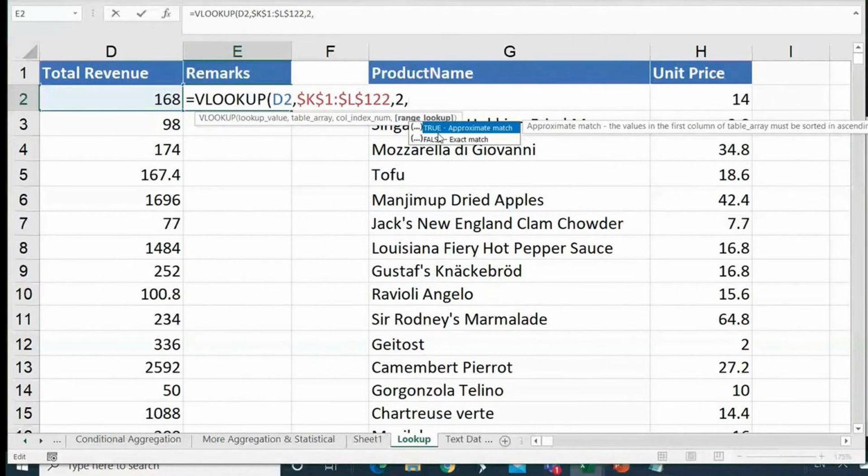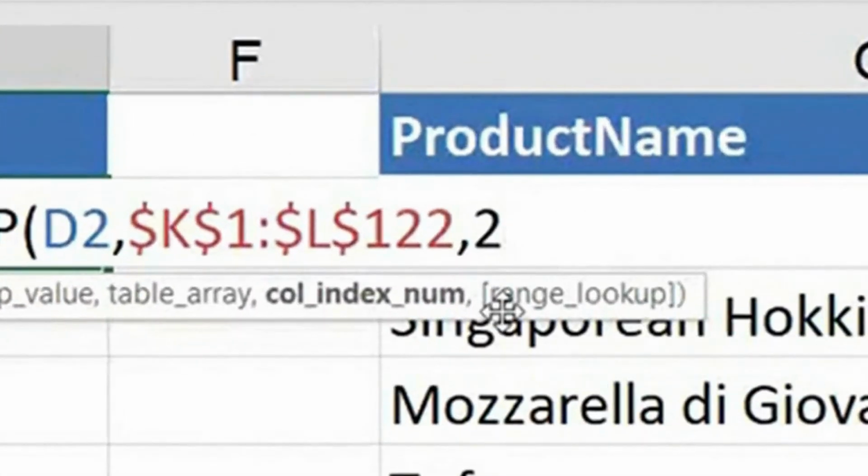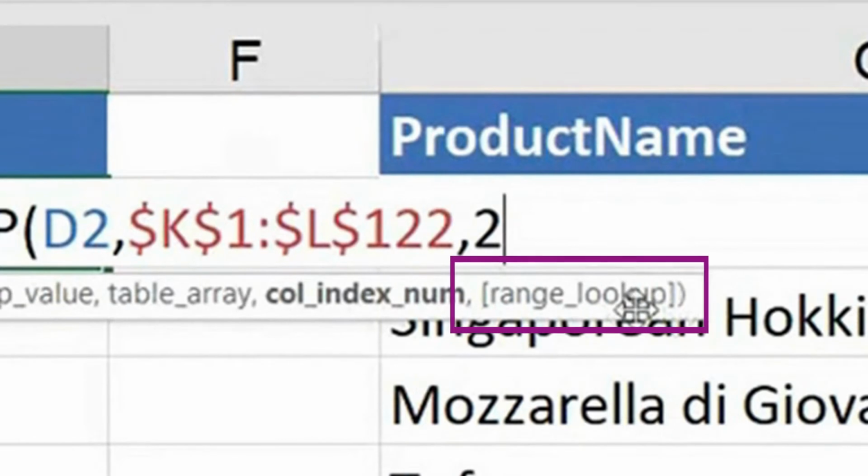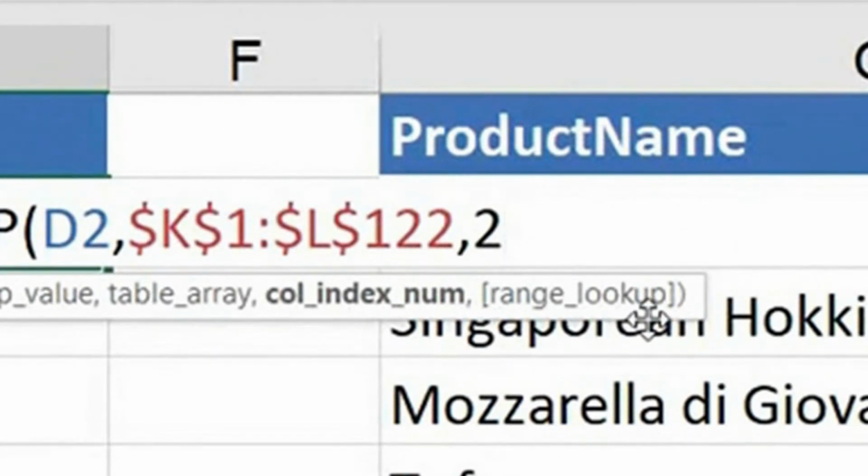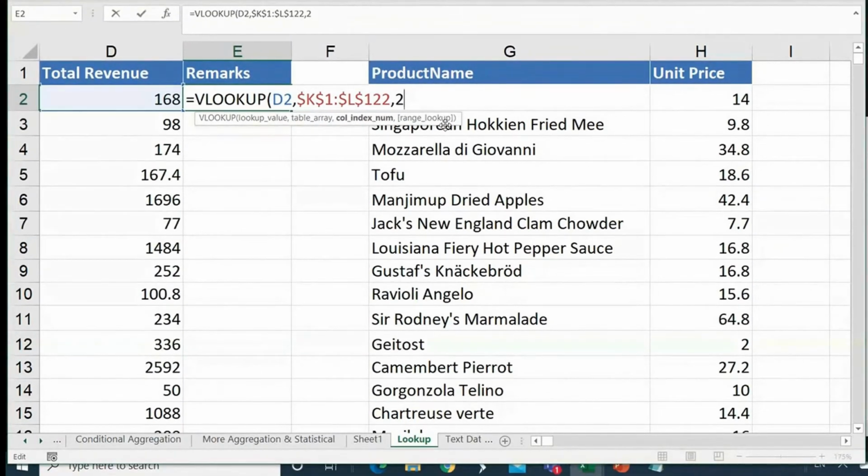Okay, one last thing before I go ahead writing 1 or true. This last argument is actually optional. If you see in Excel, whenever in a function there is something in a square bracket, can you observe the last input here? It's given in a square bracket. Whenever you see something in a square bracket, that means even without that argument the function will work. But the big question is, in VLOOKUP, if I don't give the last parameter, will it take exact or approximate? What do you think guys? If I don't put the last parameter in VLOOKUP, what do you think it will take?